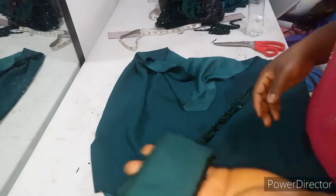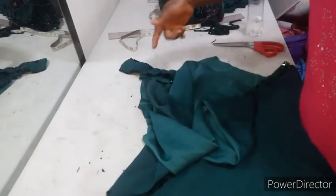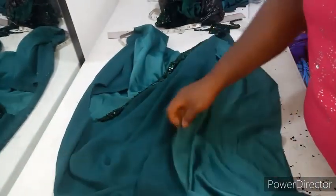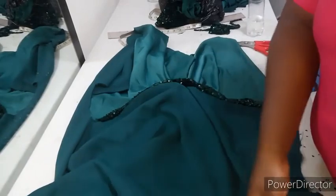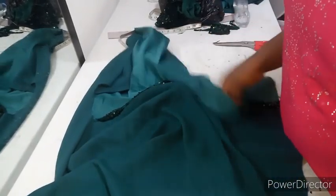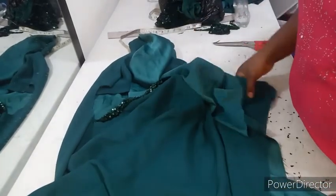Okay, so let me go and attach this band. And when I'm done, I'm going to stitch the sides. I will stitch the sides with 1/2 inch sewing allowance. Okay, I'll stitch the two sides with 1/2 inch sewing allowance and hem the bottom. This top, you can finish it cutting and sewing max 30 minutes. Okay, so I'll just go now,